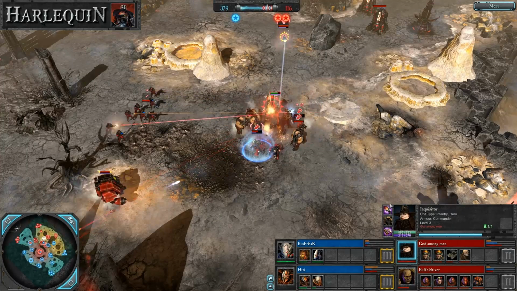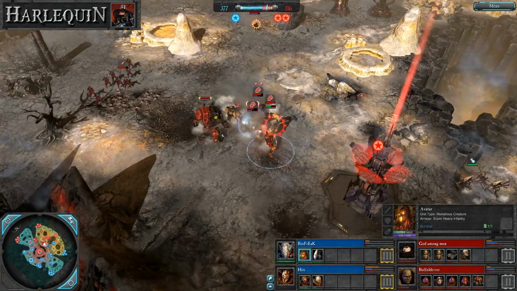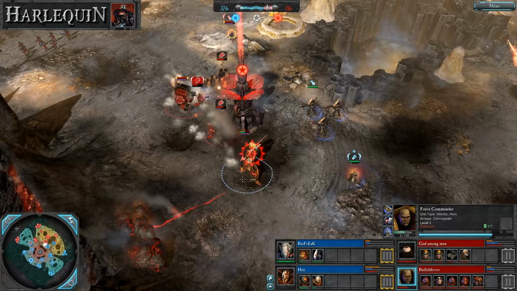Miss Adrastia is somewhere around here. There she is. She has the Infernal Pistol right there. And the Avatar is going to have to back away. Once again, without any sort of backup, these things by themselves don't usually do a lot of damage, but oh